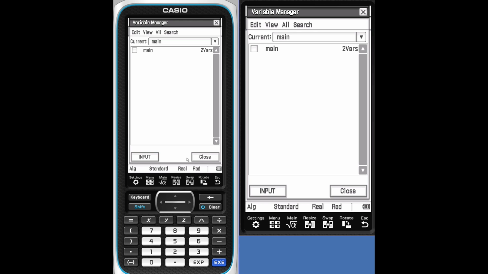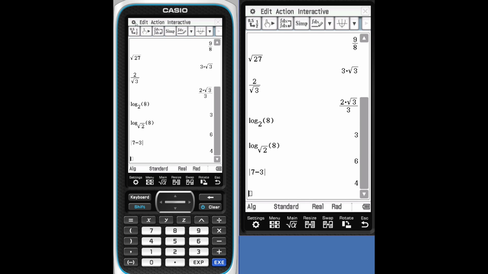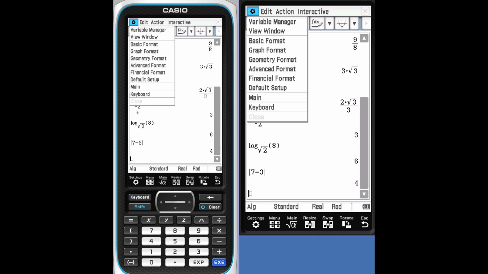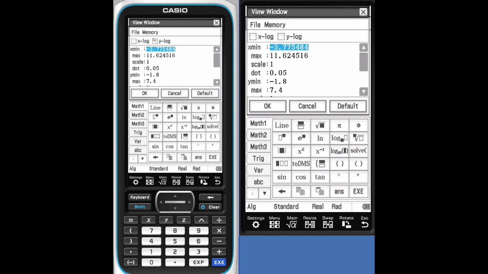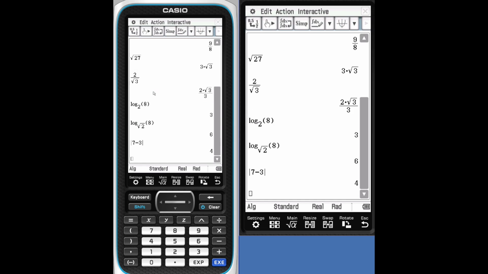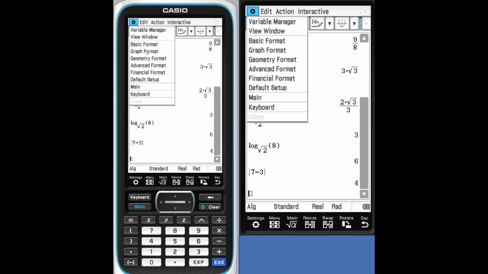Variable manager allows you to manage your variables. Another place you will see the settings key is also at the very top. Allows you to view the window for your graphs. You can set it back to the default. OK. Tap on the wheel again.